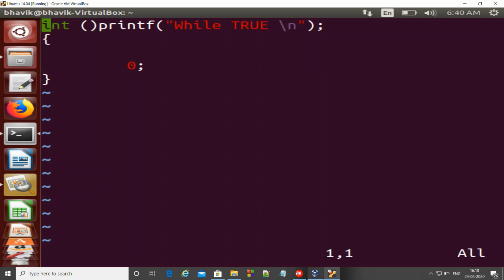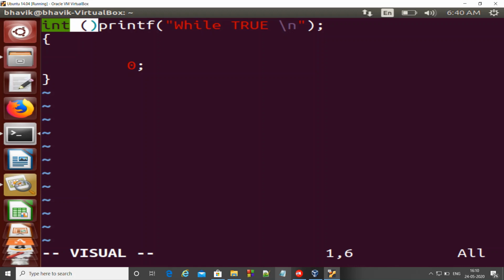So similar to last time, we can do escape and then V. We are in visual mode now. You can see it on the bottom left corner, and then select the content that you want to copy. Currently I have copied int and the round braces.